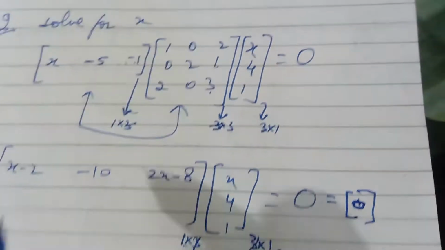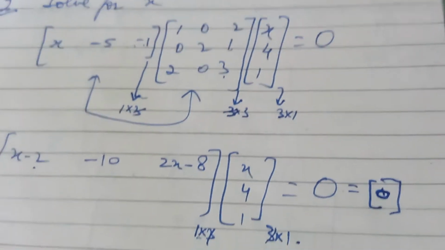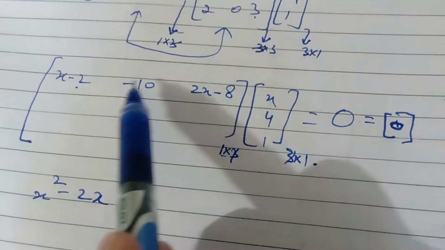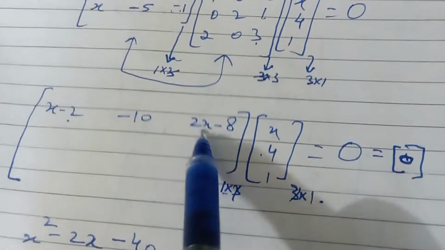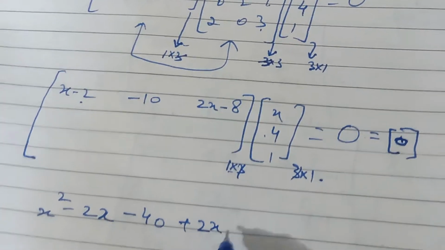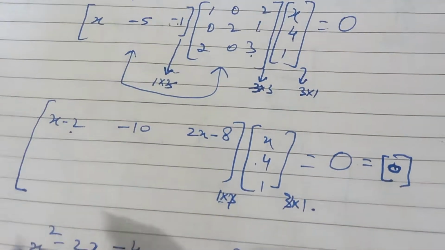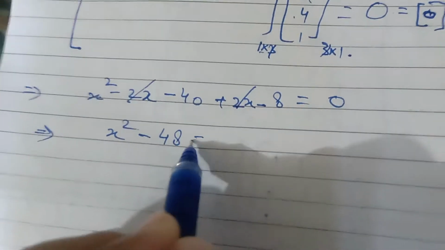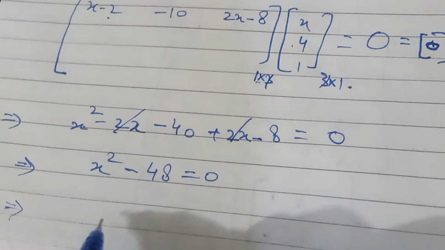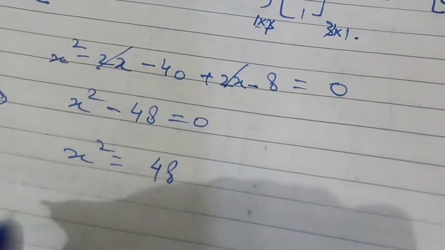So when you multiply these two, what do you get? X - 2 into x will be what? X square - 2x. ठीक है बॉस. उसके बाद ये इससे मल्टीप्लाई होगा तो कितना बन जाएगा? -40. ठीक है. और ये इससे मल्टीप्लाई होगा तो कितना बनेगा? Plus 2x - 8, right? And this will be equal to 0. So this will give you what? X square plus 2x - 2x cancel, and this will be -48 equal to 0. This will give you what? X square is equal to 48, na? X is equal to,